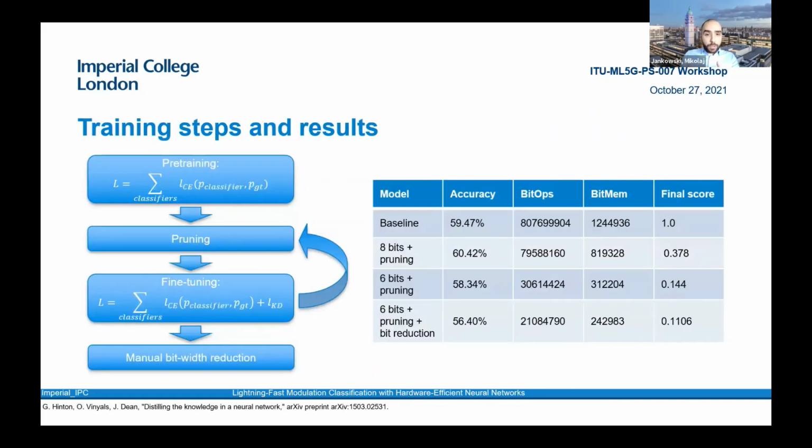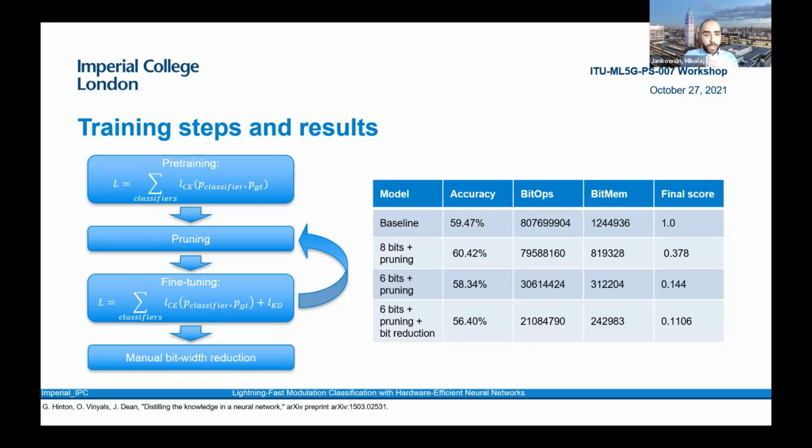And finally, I will talk about our training and pruning pipeline along with the results. In the first phase of the training, we simply pre-train the network with the sum of cross-entropy losses for each of the classifiers. This part of the training is run for 20 epochs. Following on from this, we perform repetitive pruning and fine-tuning steps. At each pruning step, we remove 15% of the weights remaining in a network with the lowest absolute value. We then run a fine-tuning training step for 20 epochs to regain the accuracy.